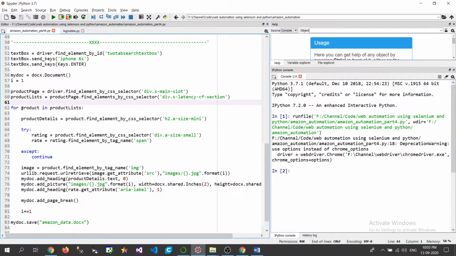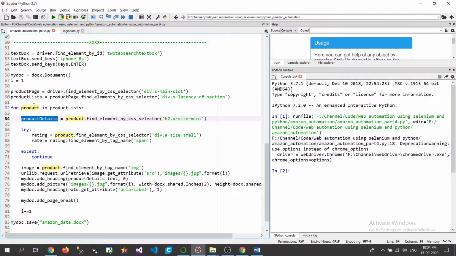Now here we need to put a loop so that we can iterate through each element and perform some action on each section, and then we can get the desired output or desired data that we are expecting here. So here you can see that I have used for products in product list. So in product list, until the last element is fetched, you have to run the loop. That is the basic idea about this loop here.